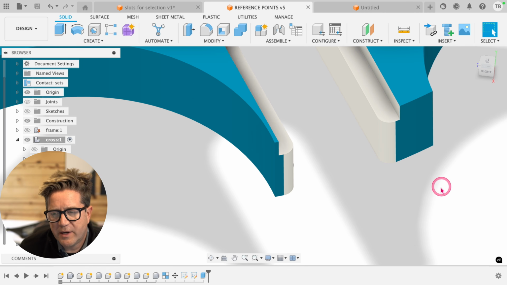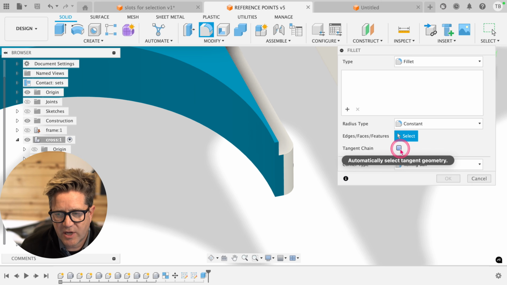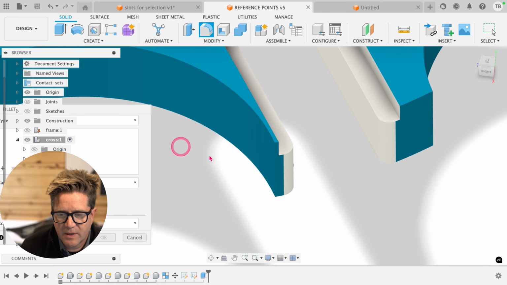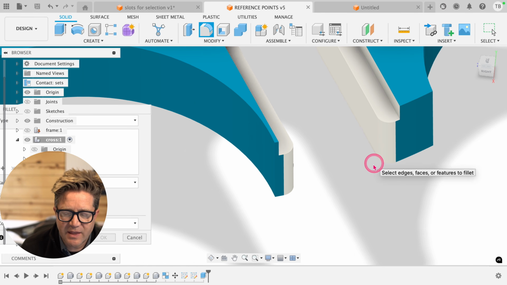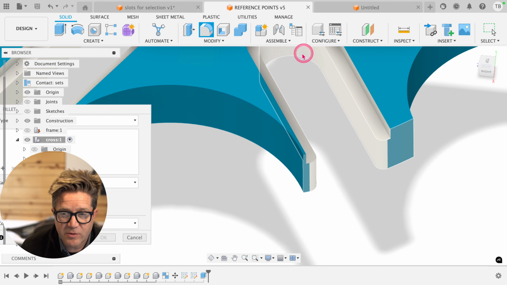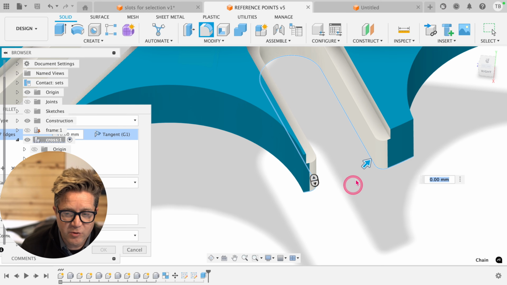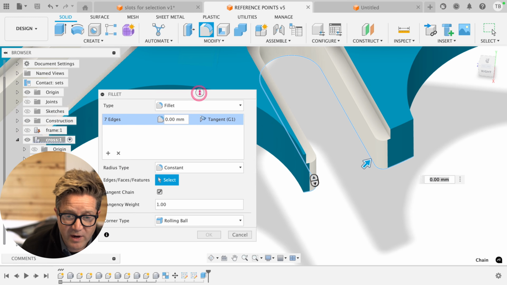Now, one big reminder, when you're dealing with features, you want to be aware of this tangent chain. With this selected, it wants to grab anything that has tangency in its corresponding edges. So for example, this line that goes into this arc has tangency. So when I select it, Fusion wants to grab that entire series of lines and arcs because they all have tangency to each other, and now it wants to apply a fillet to that whole thing. That's great if that's what you